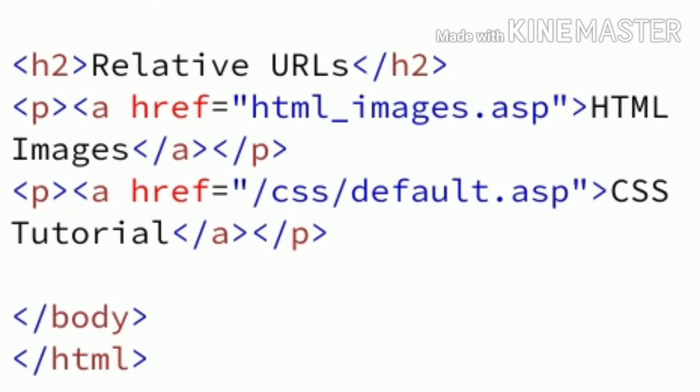Another paragraph starts here, opening p and opening a href equal to within double quotation /css/default.asp, closing within double quotation, CSS tutorial, closing a tag and closing p tag. You can close the body tag and the HTML tag. After that you can run this program.